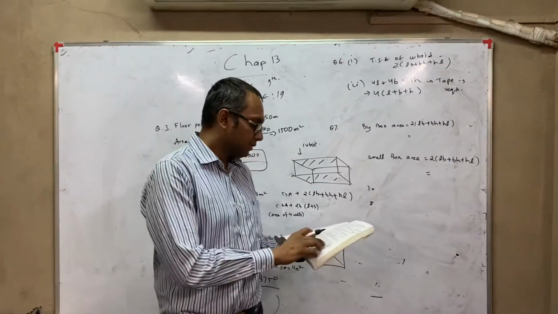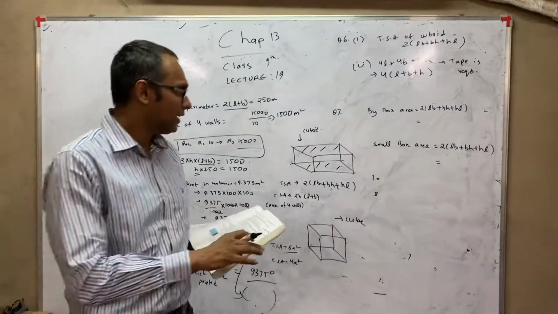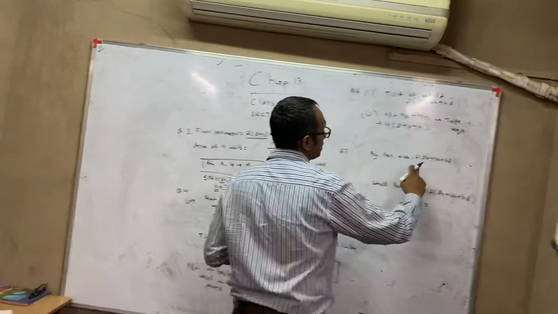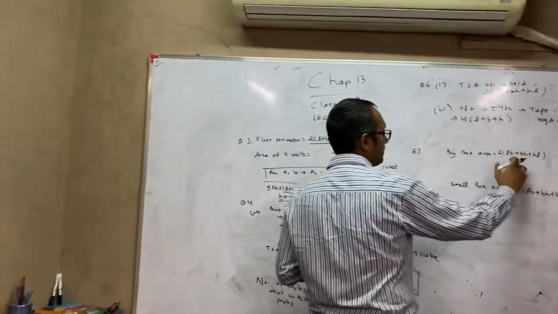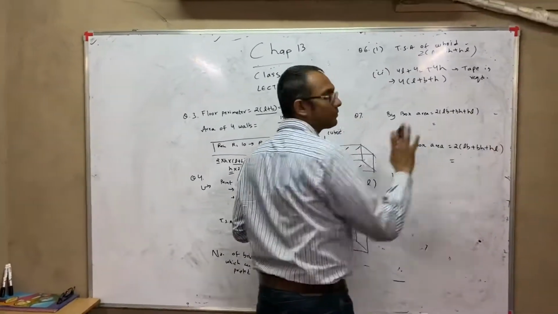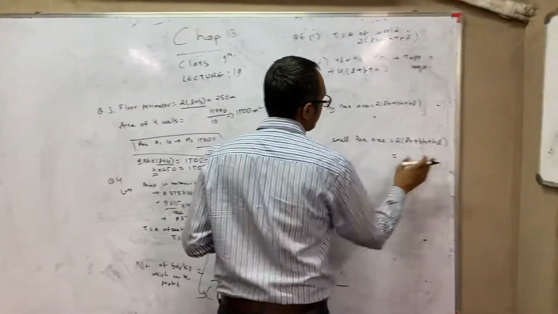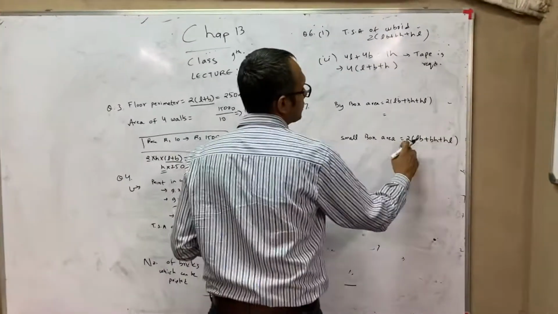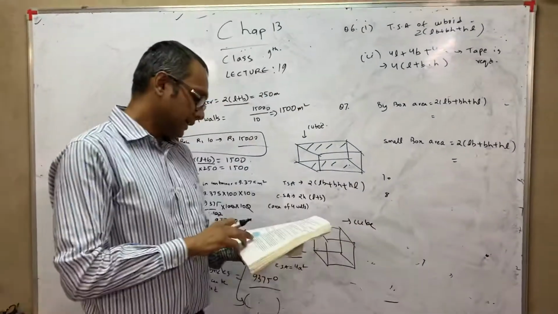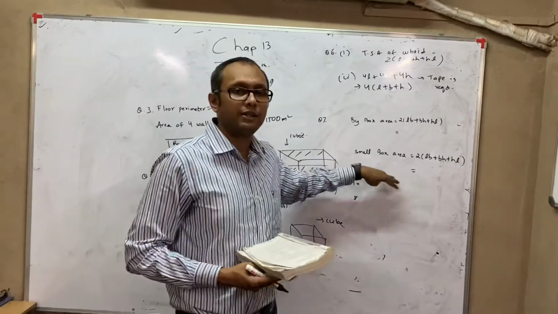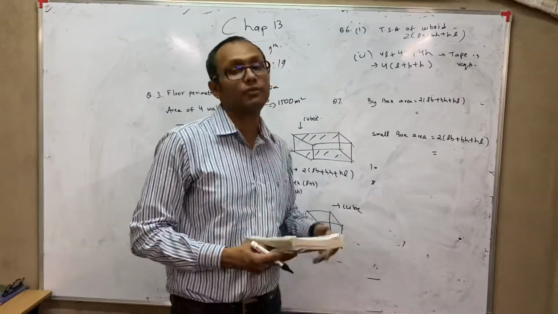Now I just want you to read the question till here and just find the total surface area of the big box. You know the formula 2 bracket LB plus BH plus HL. Just find this surface area, nothing more. Similarly of the small box also, I just want you to find the surface area. You use this formula, total surface area, and they have given us all the dimensions. Okay, just do this sum till here, then we will finish the sum. The next part we will finish later.